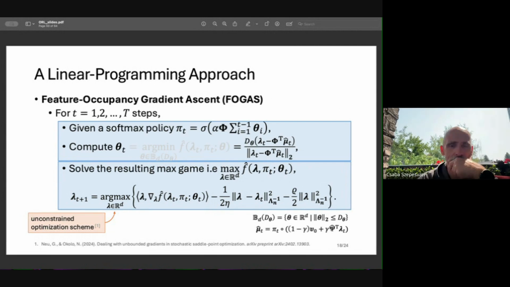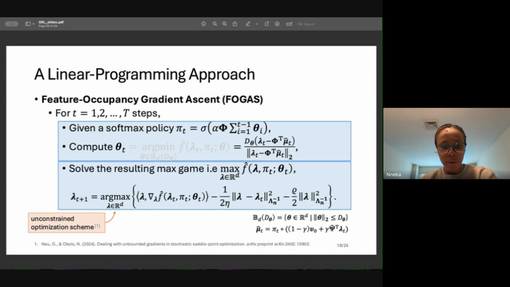So, to note here is that I've talked about the algorithm, but in contrast to the work of Hong and Tewari, one key thing to note is that this unconstrained optimization scheme, which was done in an earlier work, actually allows us to do basically unprojected gradient descent with added regularization without projections on one hand. And on the other hand, it allows us to get an instance dependent bound, which is nice because